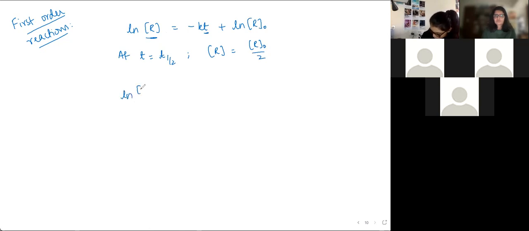So do the same thing. ln of R0 by 2 is equal to minus k T half plus ln R0. Let's just rearrange. So if I get this over here, I get k T half equal to